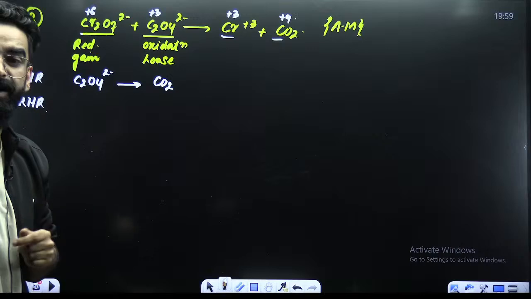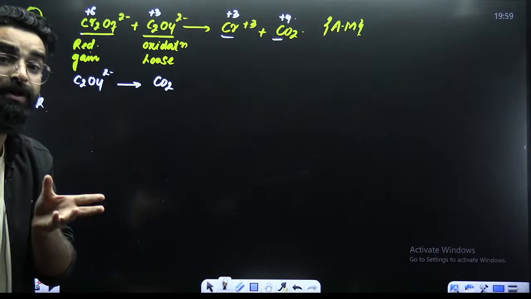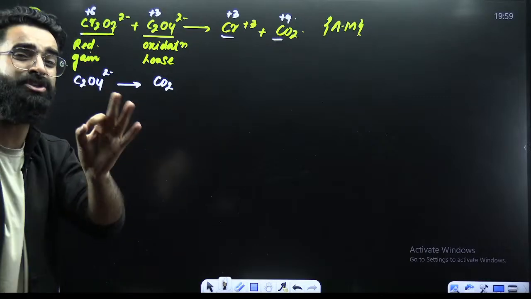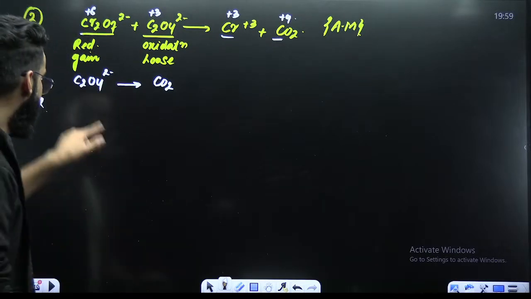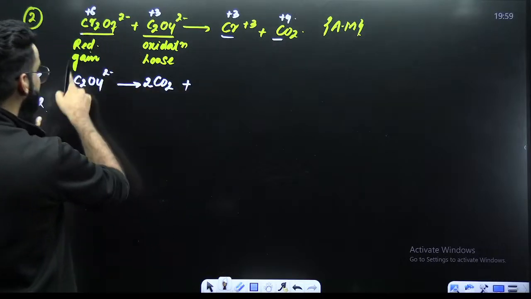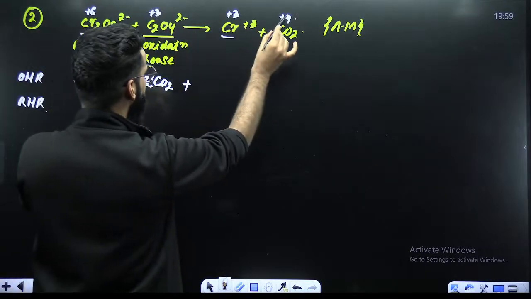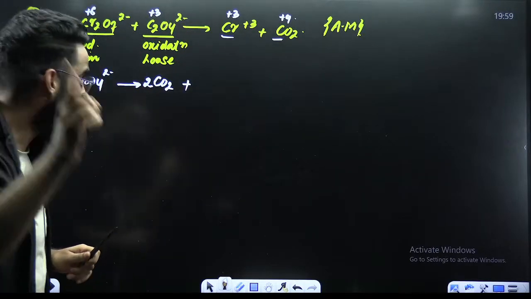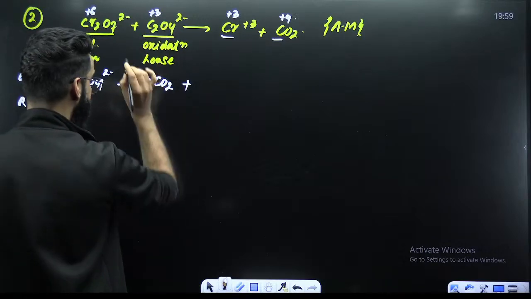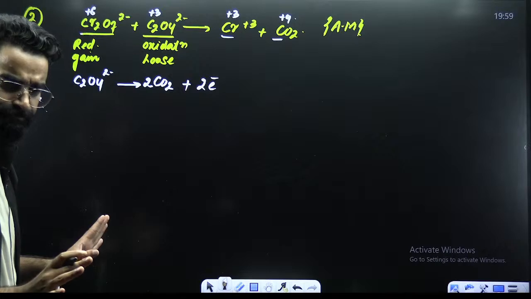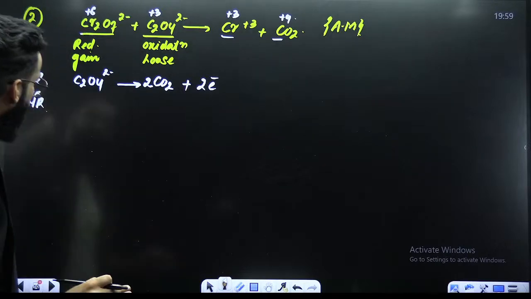Okay. Now, how many electrons will it be losing? Before telling you that, in this reaction only, balance all the atoms except hydrogen and oxygen. See, 2 carbon, so 2 carbon. Now, the point is how many electrons this is losing. See, plus 3 to plus 4. What is the change? Change is 1. 1 is the change for one atom. How many do we have? We have 2. So, you'll write 2 electrons here. Simple. Done. Now go for the reduction reaction.